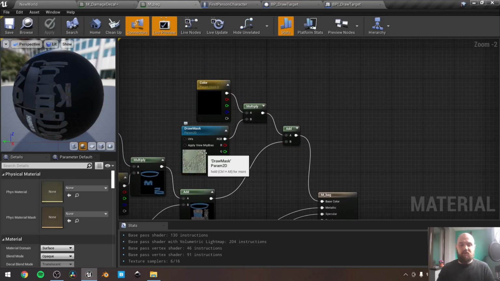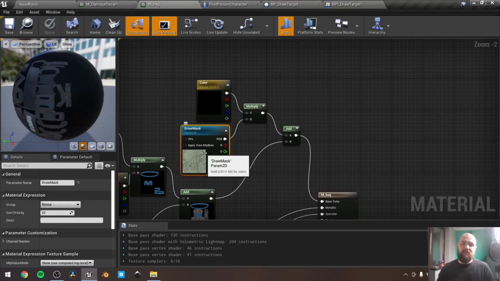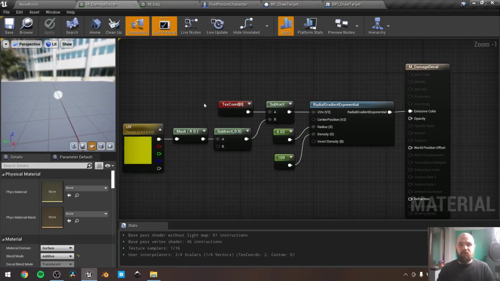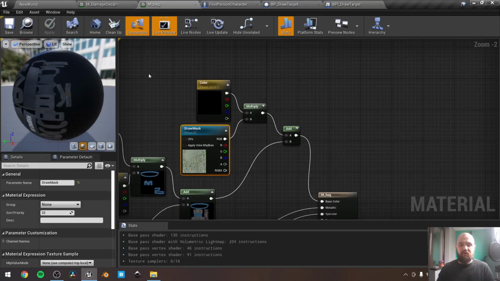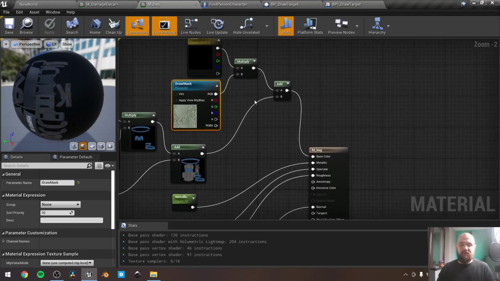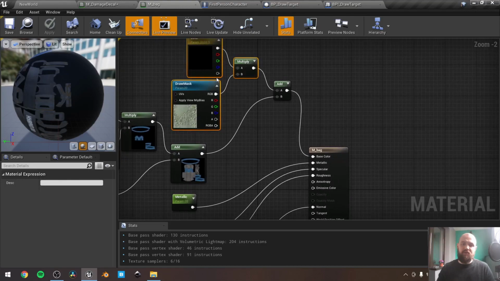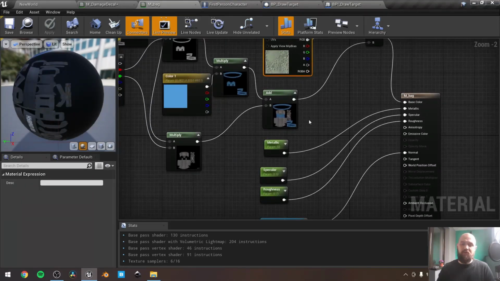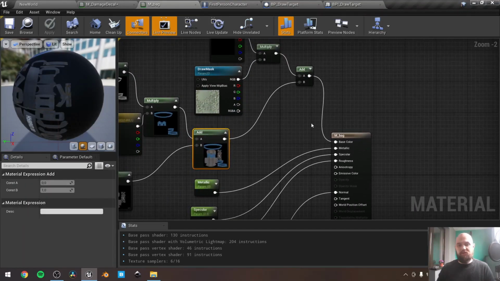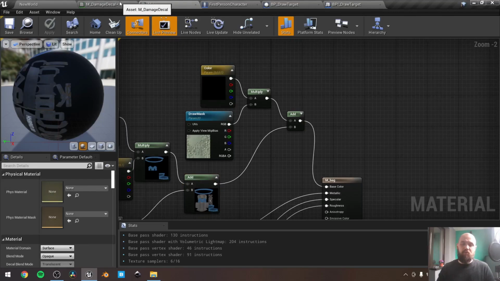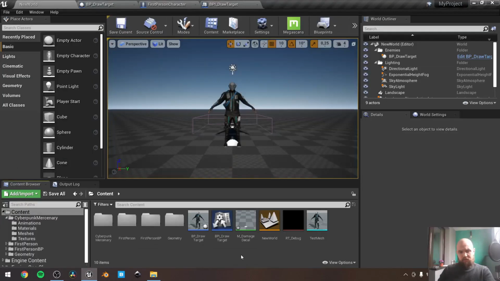So draw mask is the texture sample that is set to be an attribute parameter, and the result of these computations will be calculated inside this sample. Then we use it as we want. And this one is masking, and we add it to the results of our base color, so it will be applied over our main texture. That's all that we need from our materials. Next thing is to